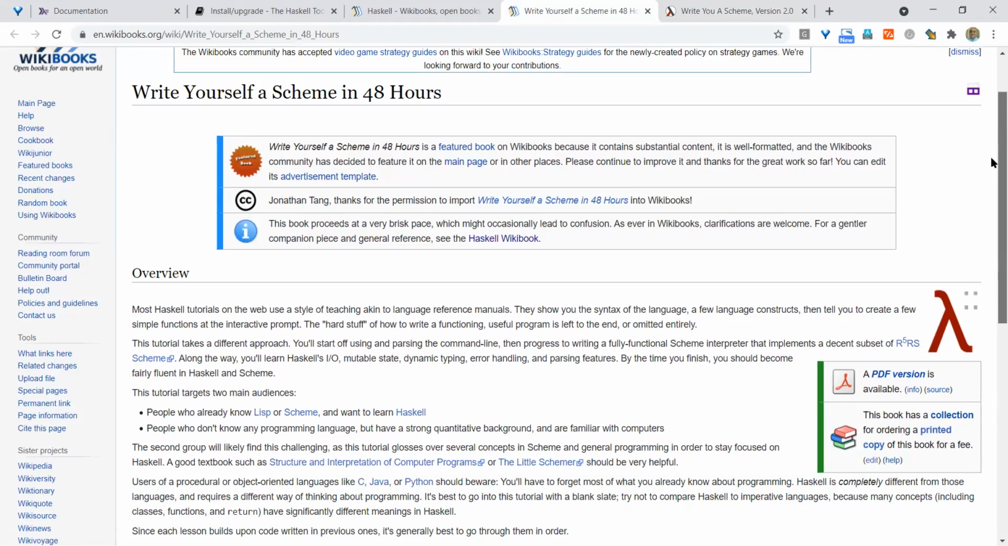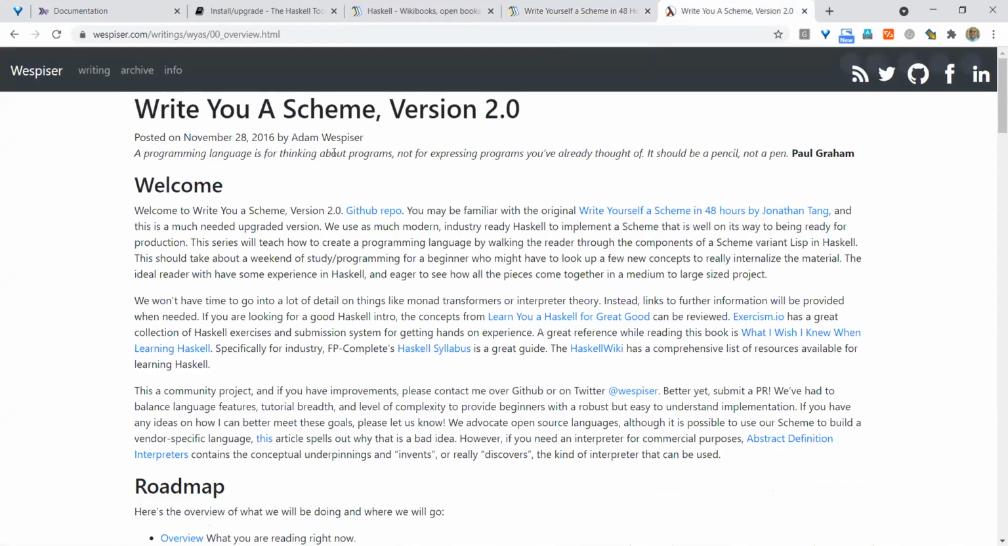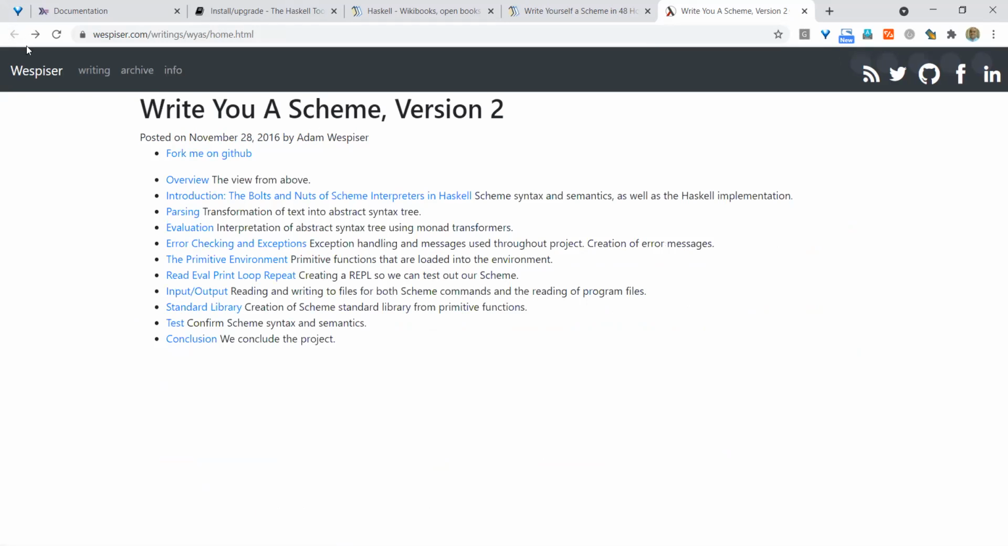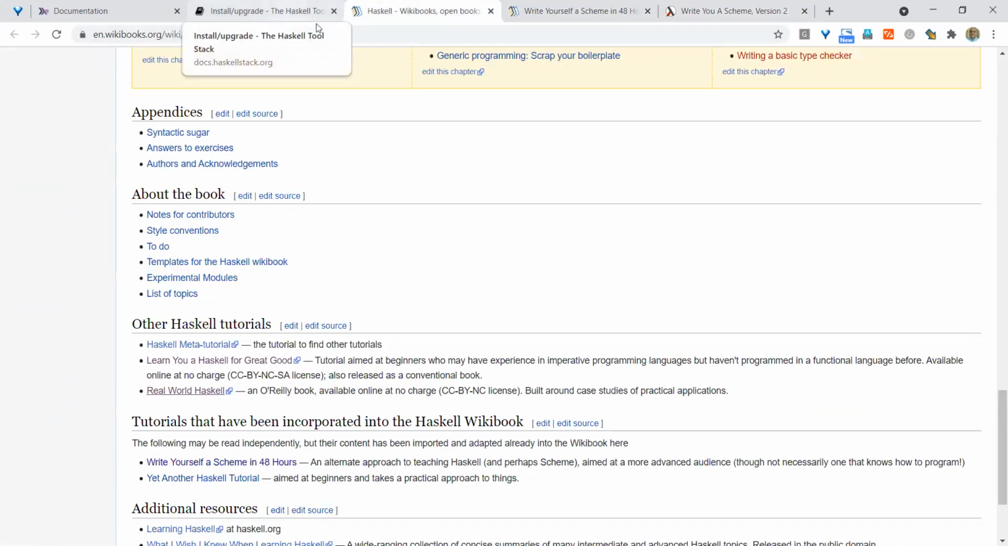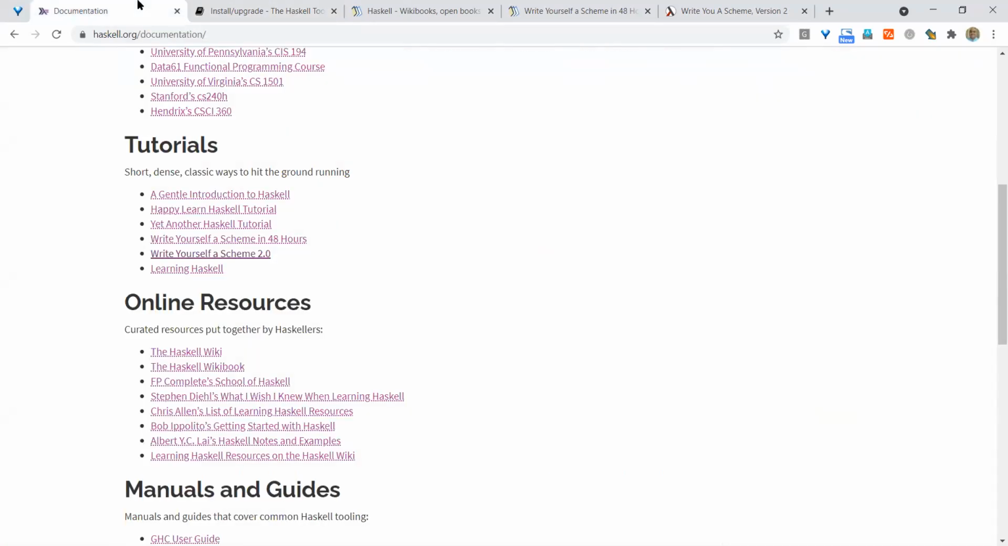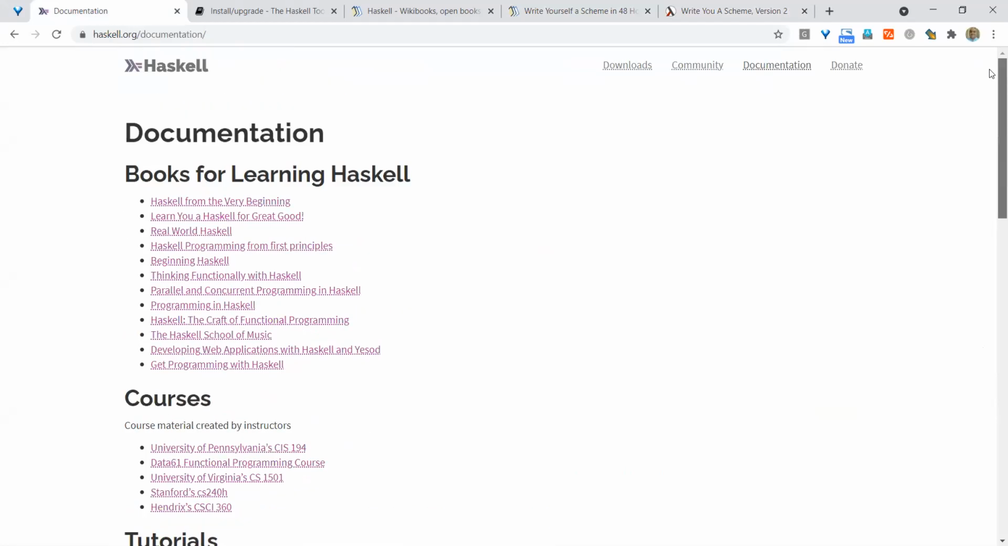Okay, so Jonathan Tang has written it. Who is this guy? This is Adam Westpisser. Okay, is he the same guy? Yeah, Adam Westpisser. All right. So both of these look like my kind of things. Okay, we'll use these. And in addition to this, when we need to find a reference manual